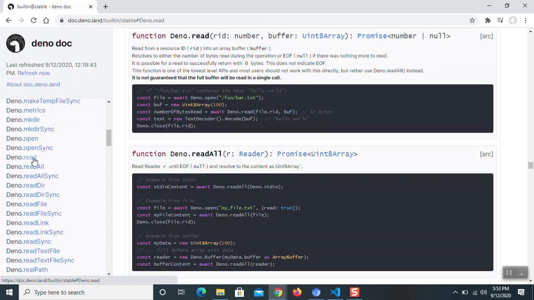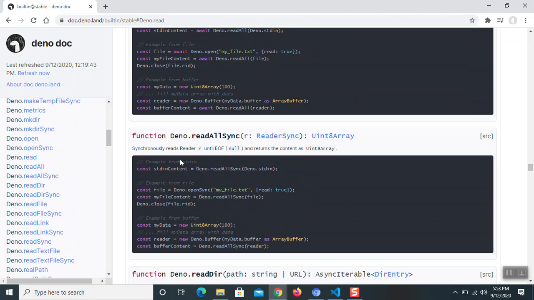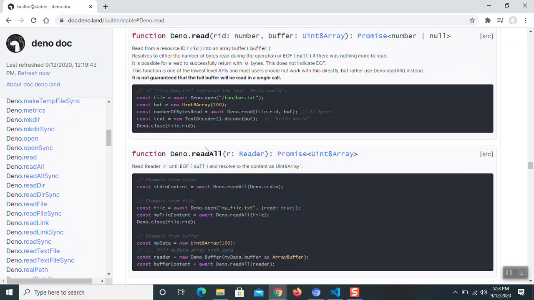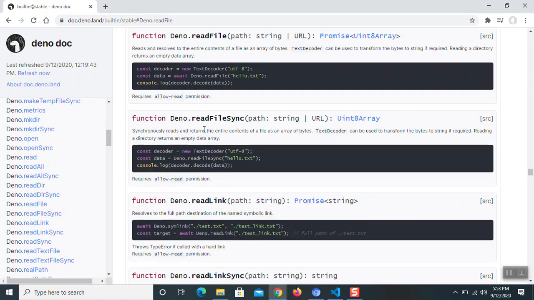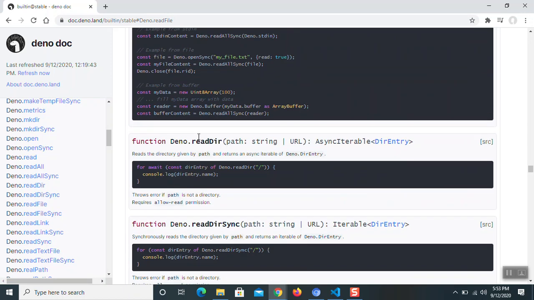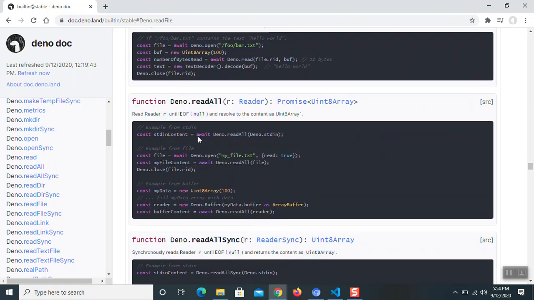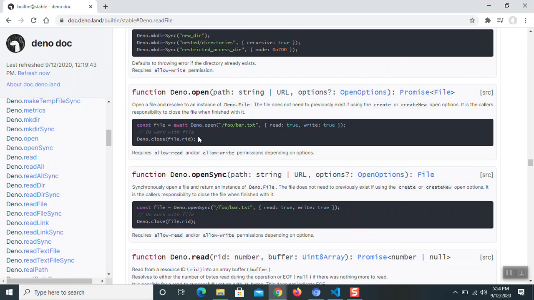you see Deno.read, Deno.readDir, readFile. You see, we'll have to check whether this API helps out for us.